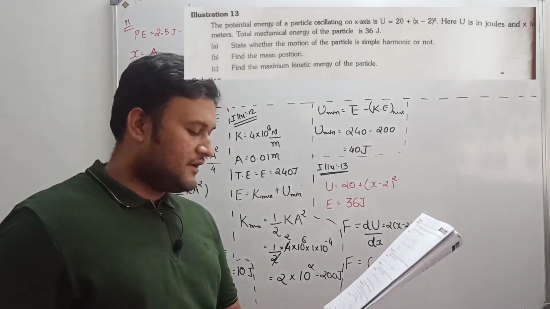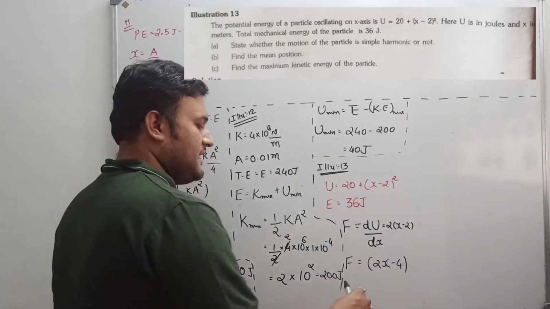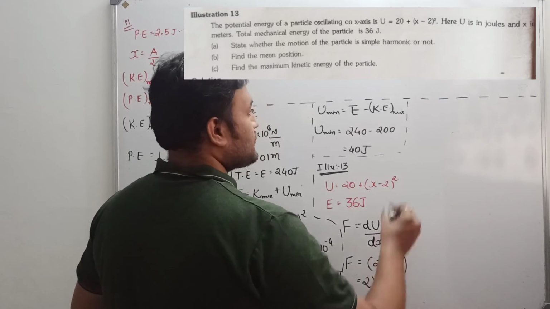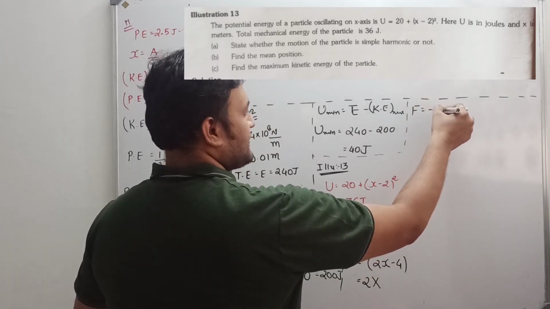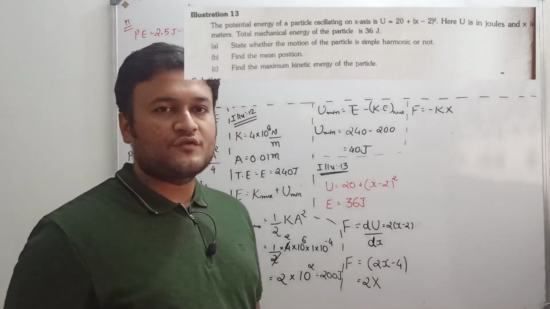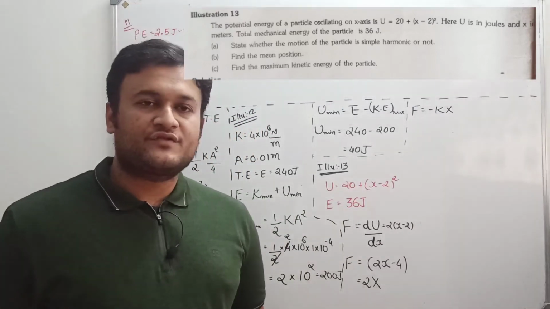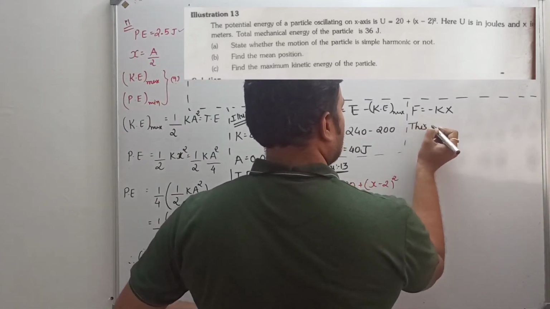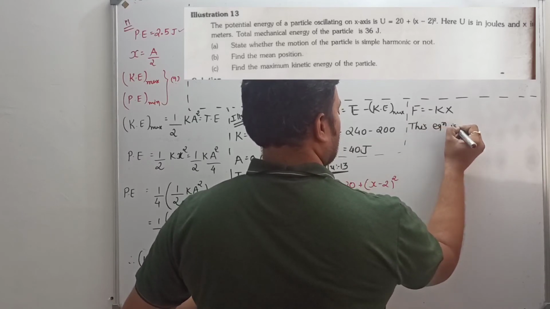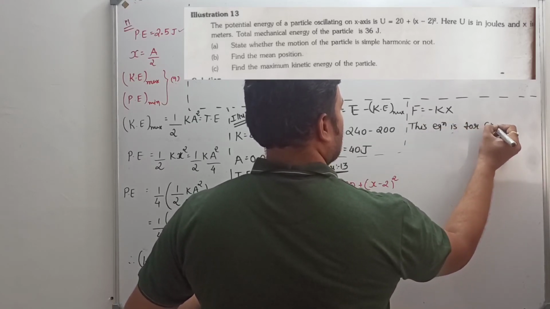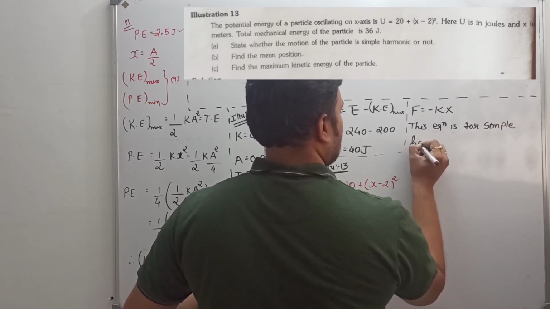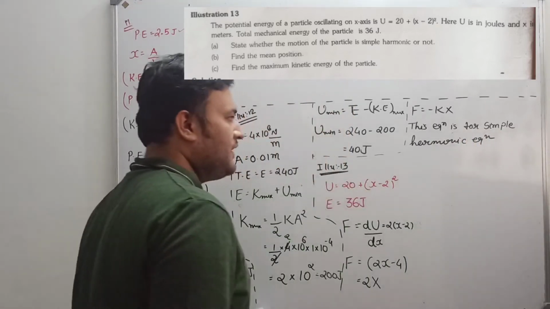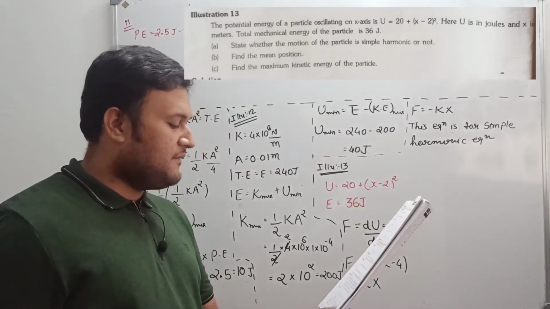Yes, so this is the equation. Okay, in the material it is assumed in this way. This is 2x minus 2, this is x. So this equation is compared with this equation. This k is equal to force constant, spring constant. So F is equal to minus kx, so this equation is for simple harmonic, okay, simple harmonic equation.